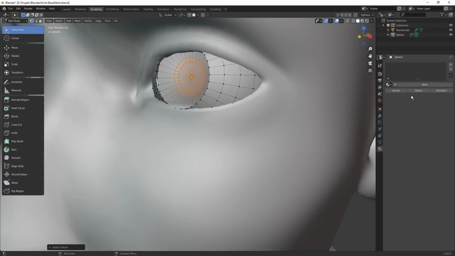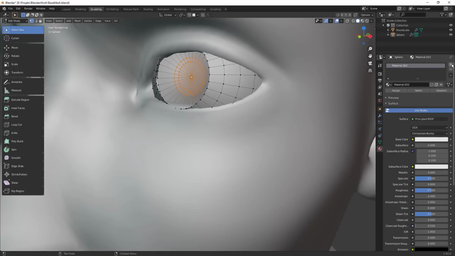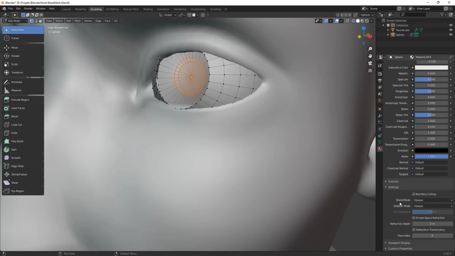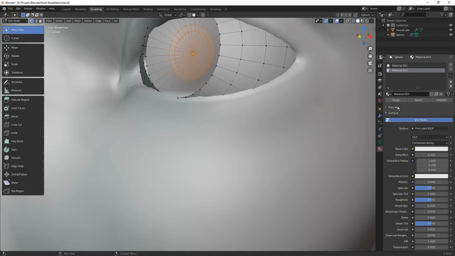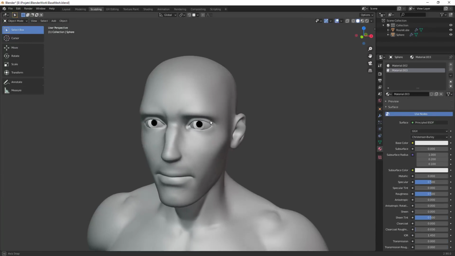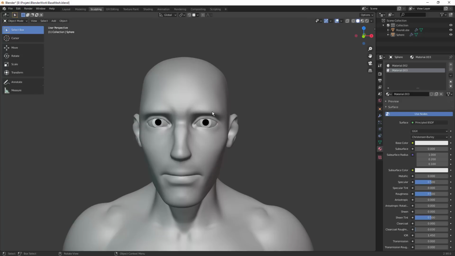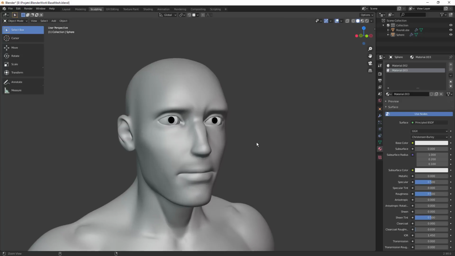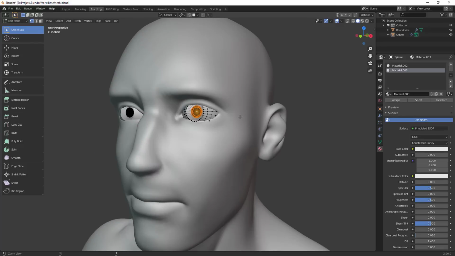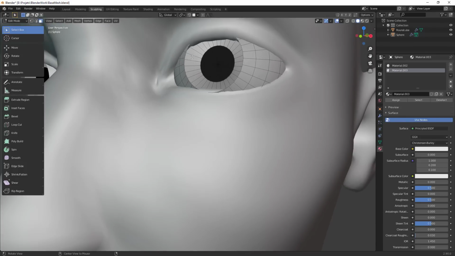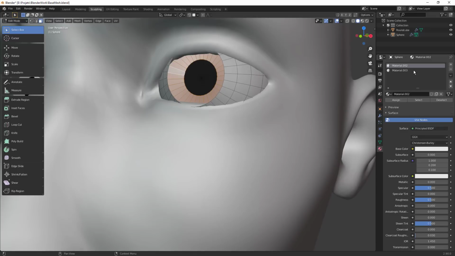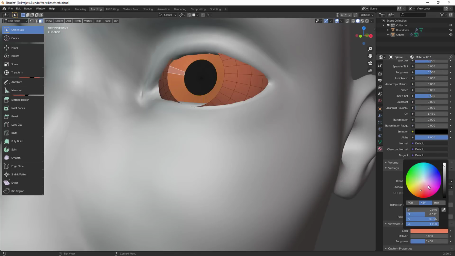and I'm going to press Ctrl plus in order to select the outer ring, and I'm going to add two materials, and the second one is going to have in viewport display a dark material, and I'm going to assign that to the eye. And now what I will do is not Control I, but I'm going to select those faces there by double clicking on it, and I'm going to assign the first material,